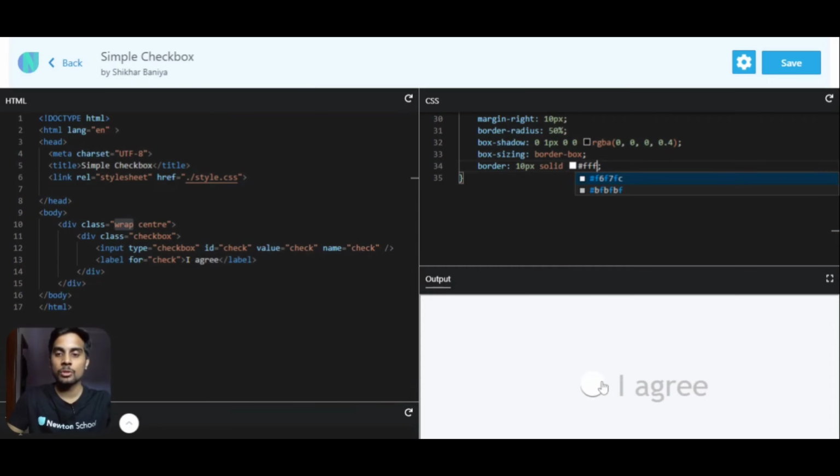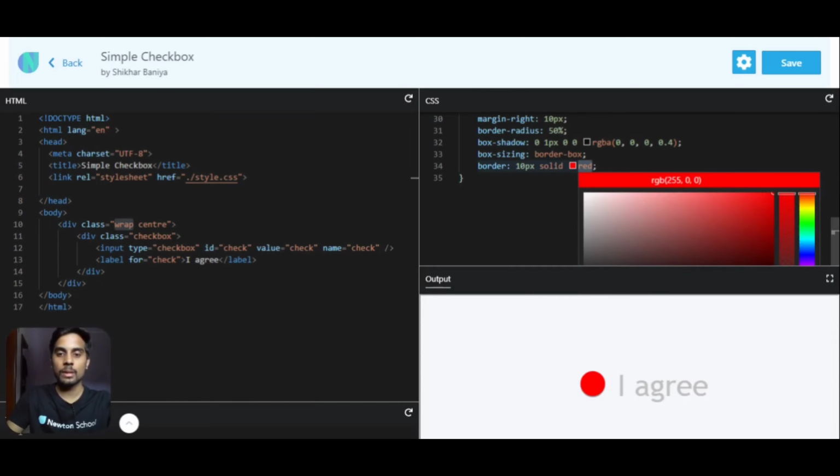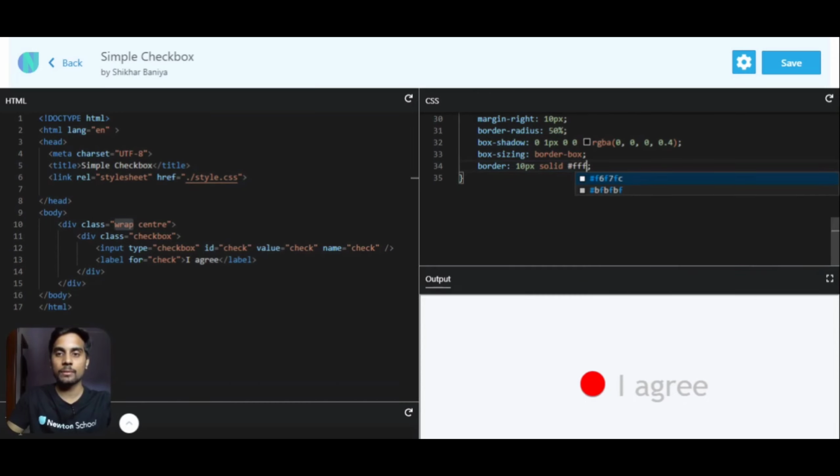So there is actually a border. You can't see it right now. So let me change the color to something, let's say red. So as you can see, we got this border. So that's why we have given it FFF. So it will act as a radio button.